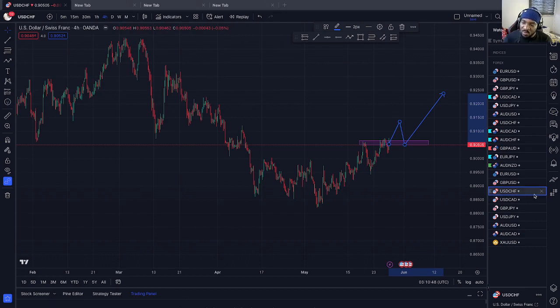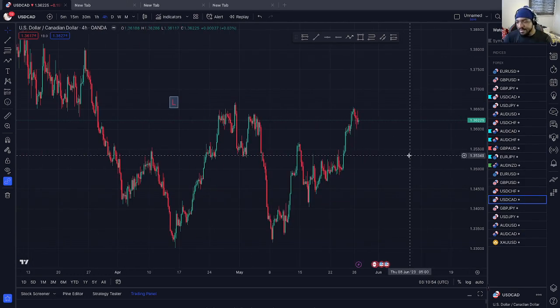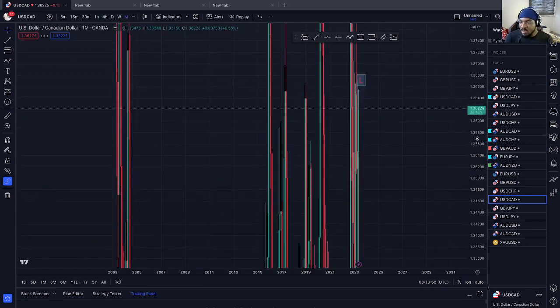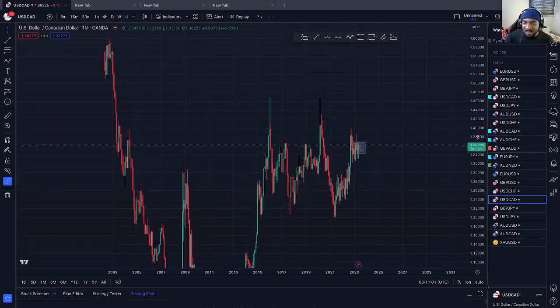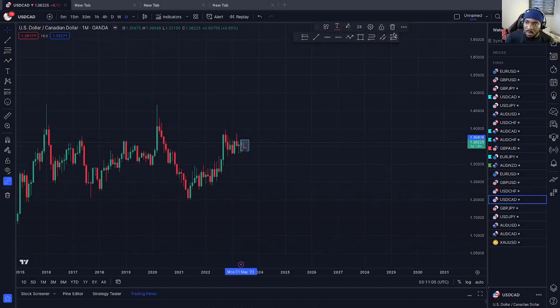So that's what we have for USD CHF, and then we go to USD CAD. Now in USD CAD, what we have here is that on our monthly time frame, we didn't really have much happening here, except that